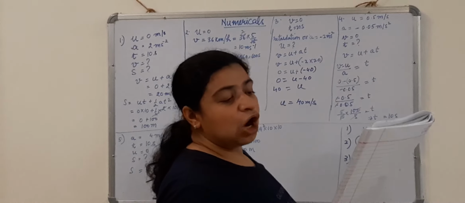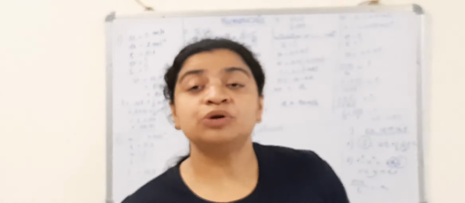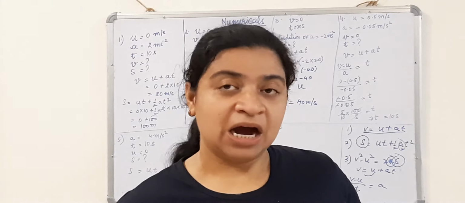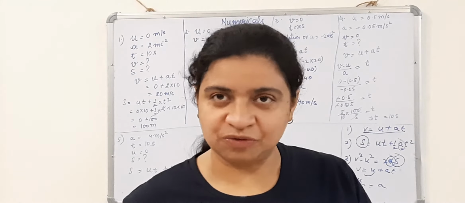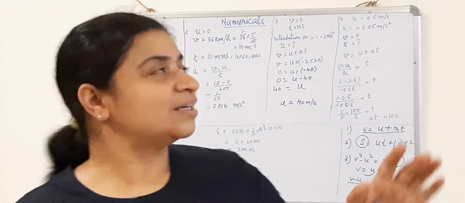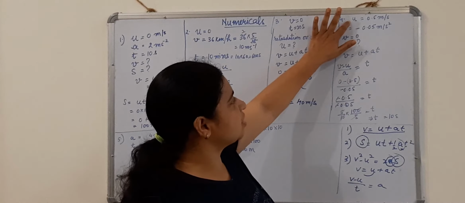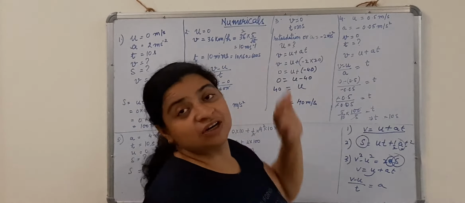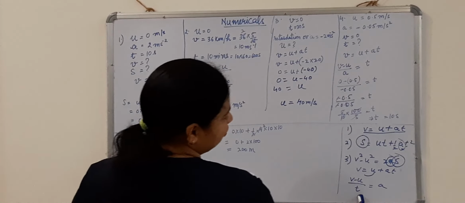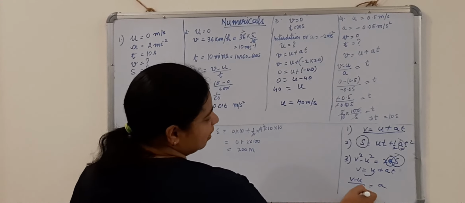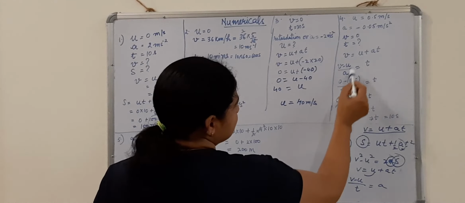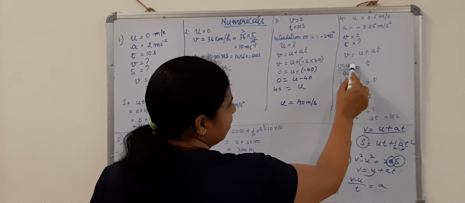In this case, how much time will it take for the body to stop? That means it has clearly told us we need to find out the time. How much time will it take for the body to stop? If the body has stopped, that means earlier it had a certain initial velocity, and now it has stopped and its final velocity has become 0. So we need to find out the time. The same equation we are going to use here. This time I am going to keep T this side and A I will bring this side. T is equal to V minus U upon A.